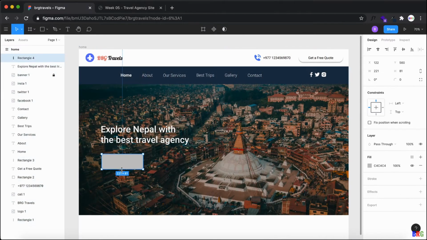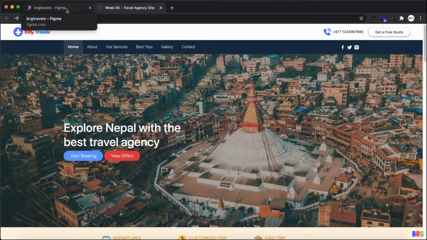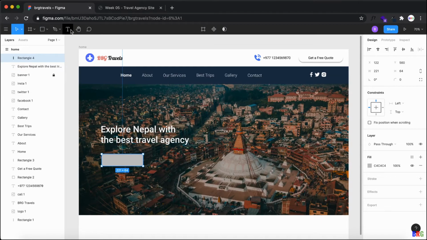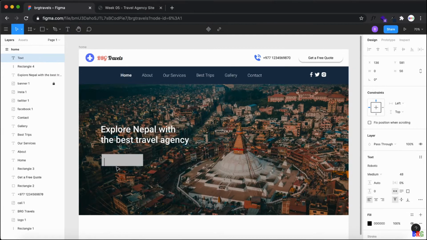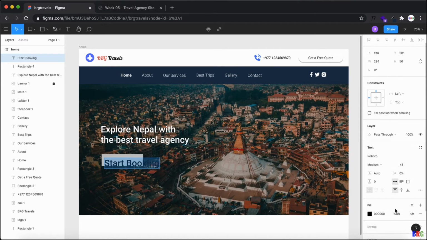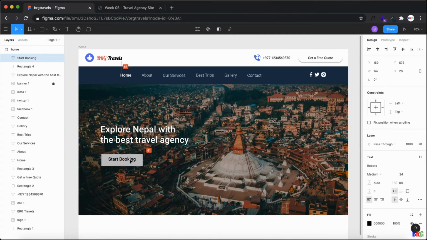Here I need two things: start booking and view offers. Let me grab this text and then add it here, okay. Start booking. Definitely I need to fix its font, and then add it to the center, okay.